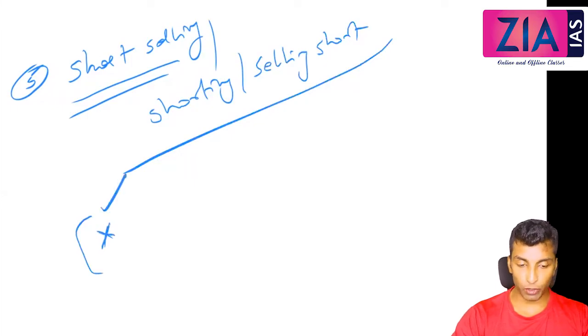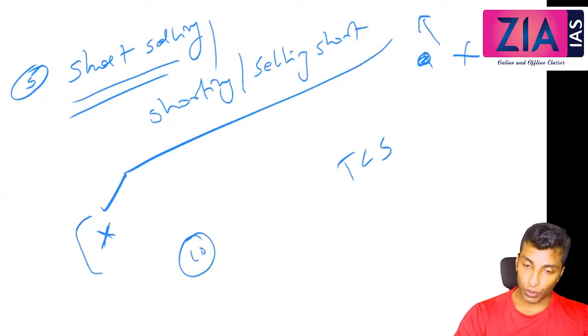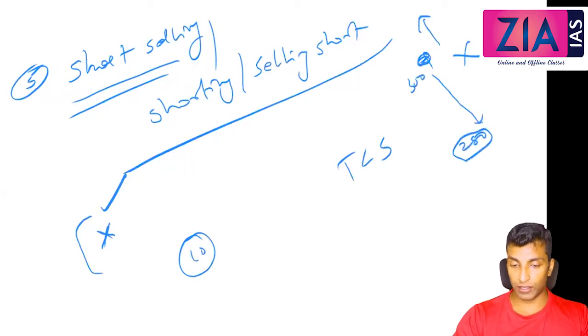Okay, let's say market opened maybe 10 o'clock. You find that the price of TCS reached at its top. You think that it won't go further. So at this point of time, even though you don't have the share, you will sell this. So you are expecting that the price will come down. Let's say this is 300. If it will come down to 280, you will purchase it. So the transaction is complete. So this is what short selling.